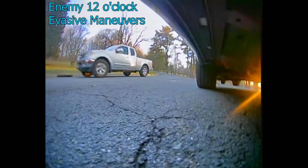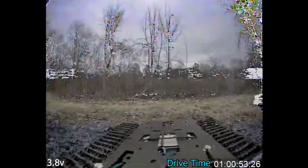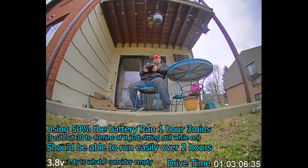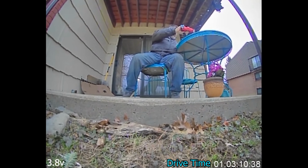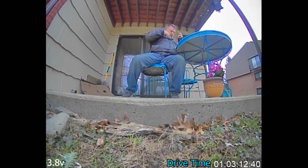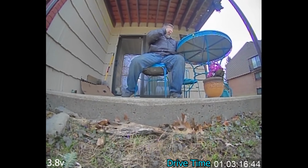I like that it's small and it fits under things, but also being small, the motors are really weak. It has trouble making it over things and up hills and stuff, but it does run over an hour only using half the battery. I stopped at 3.81 volts and it ran over an hour. I haven't tested it longer because, well,